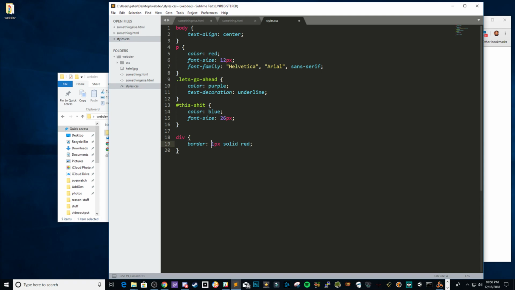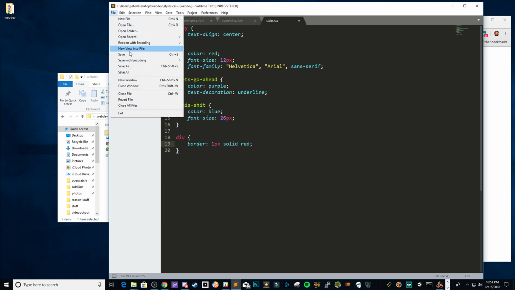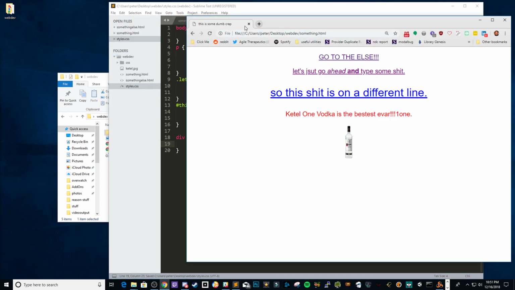For border, the first thing that you put in there is going to be the thickness. You put a space, and the second thing is the style of the border, and the third thing is the color. So in this case, I want every div to have a 1 pixel width border that's solid and red. So if I hit file and save, and then I refresh,